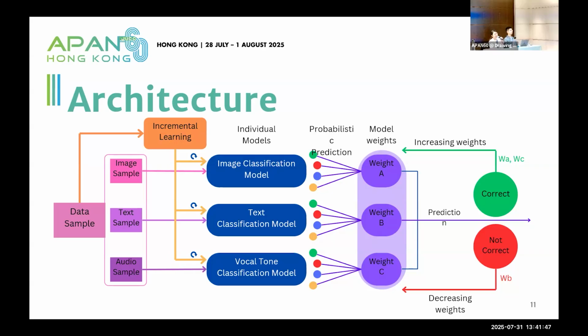Okay, thank you. So it seems that you do the integration after the models. Why do you do the integration this way, rather than combining the features from different modalities before the model? How do you think about that? Because we already have several encoders for different modalities. I actually didn't get the question.